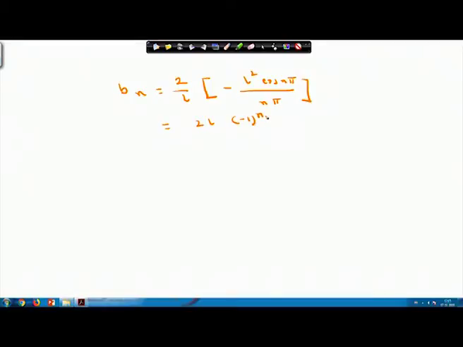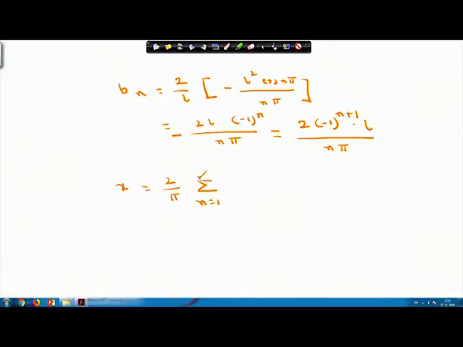So, this will be minus 1 to the power n, and this minus also will come outside. Cos n pi is minus 1 to the power n, so I can write it as 2 into minus 1 to the power n plus 1 into L by n pi. So, that Fourier series of the function f(x) I can define as